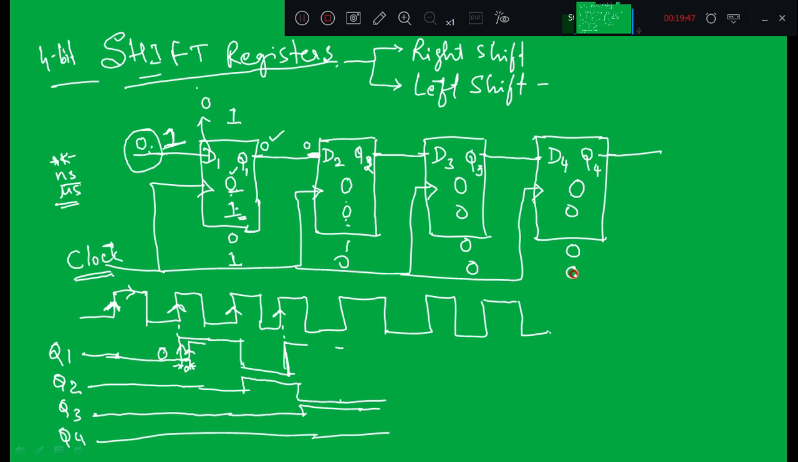In the same manner we can also form left shift registers. In that case we are going to supply the input from the right and we are going to check the output at